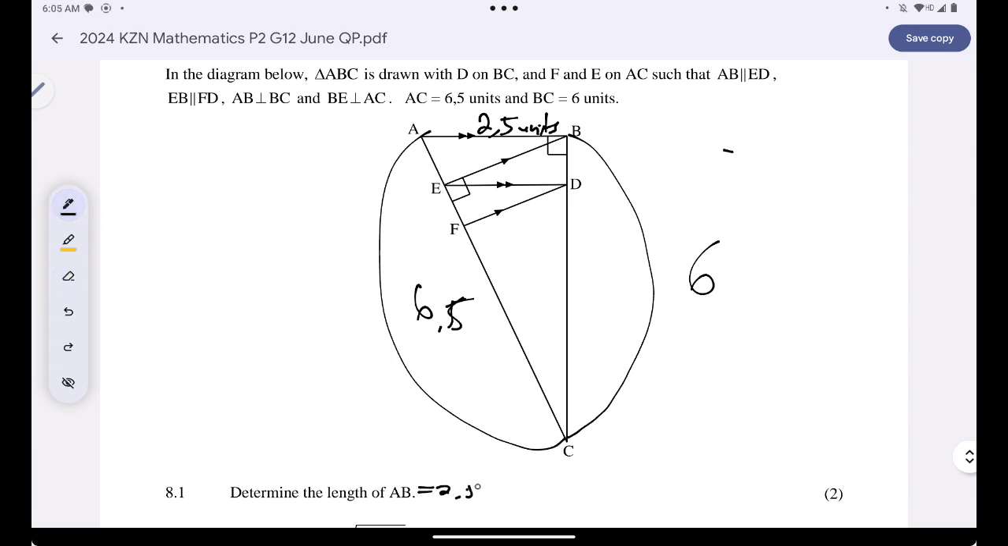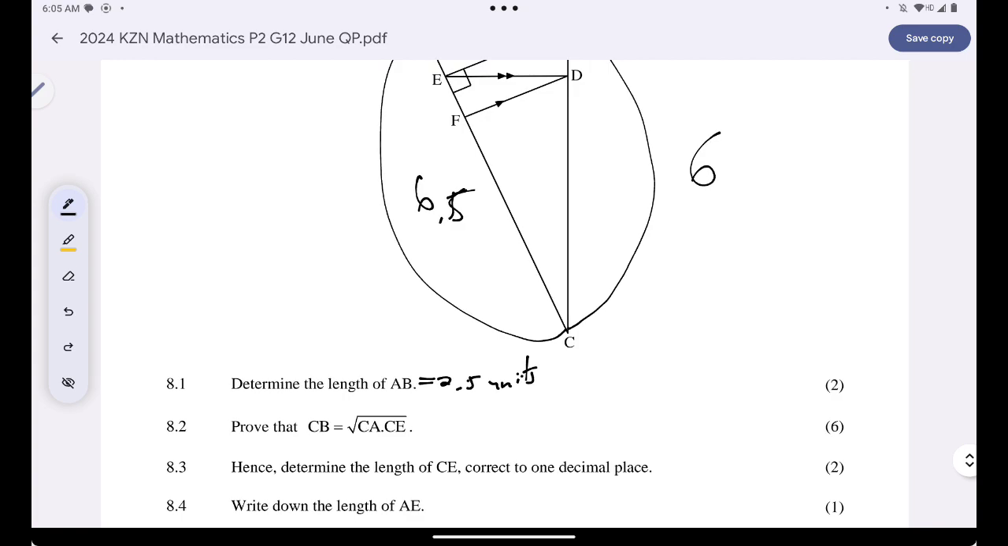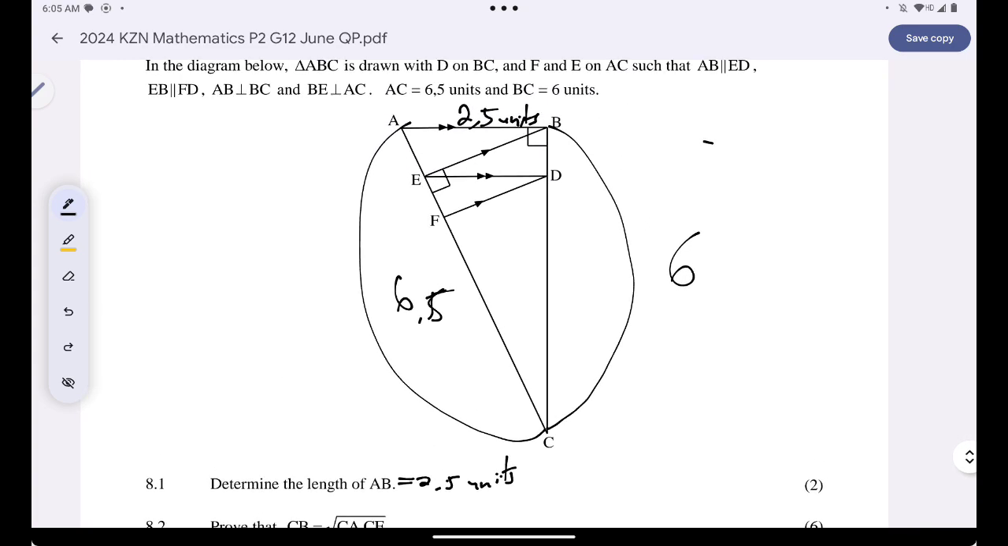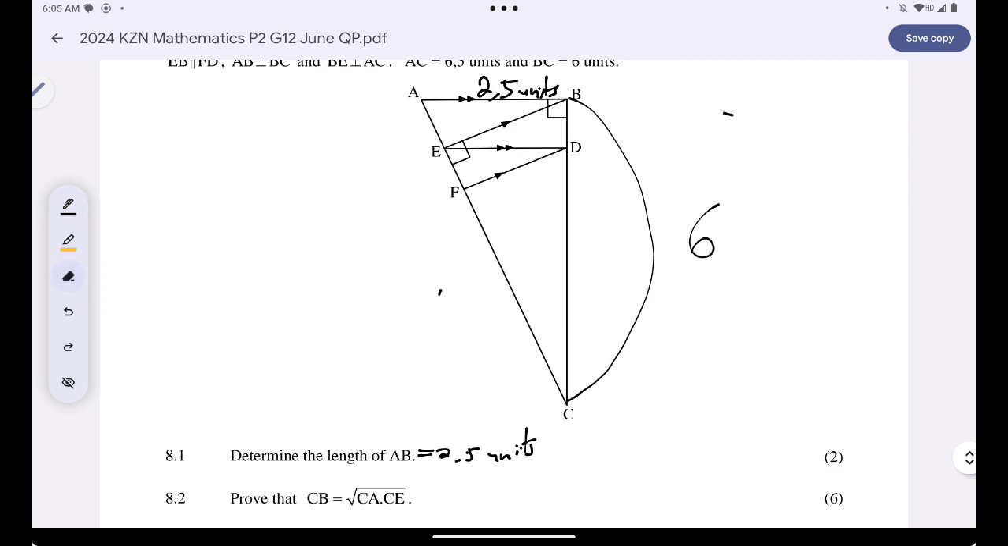AB is 2.5 units. Okay, prove that CB squared is equal to the square root of, let me erase. Prove that CB squared, where is CB? Okay, the square root of